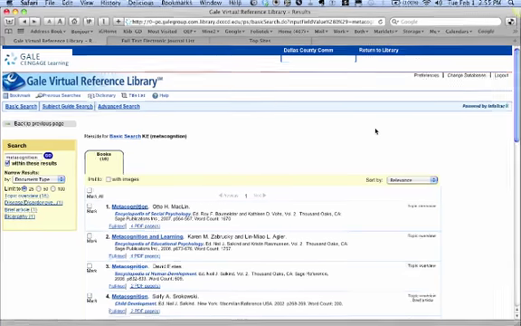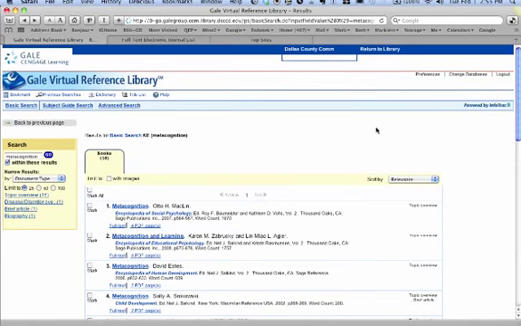So, unlike many of the other finding tools, Serial Solutions has a very specific purpose. It's to locate particular issues of journals and magazines. And the situation where you might need to do this is if you've seen a reference or located an article